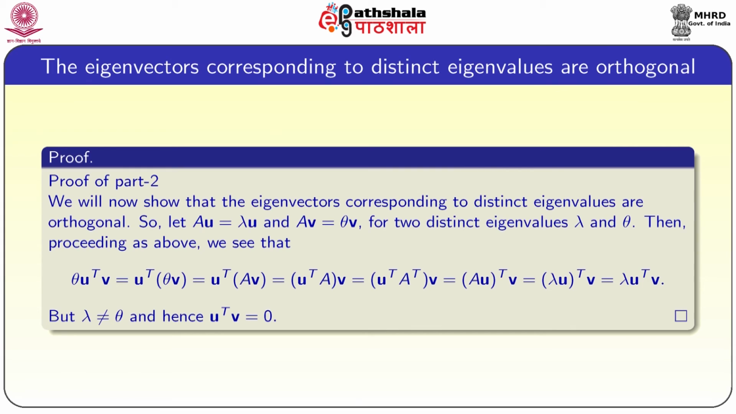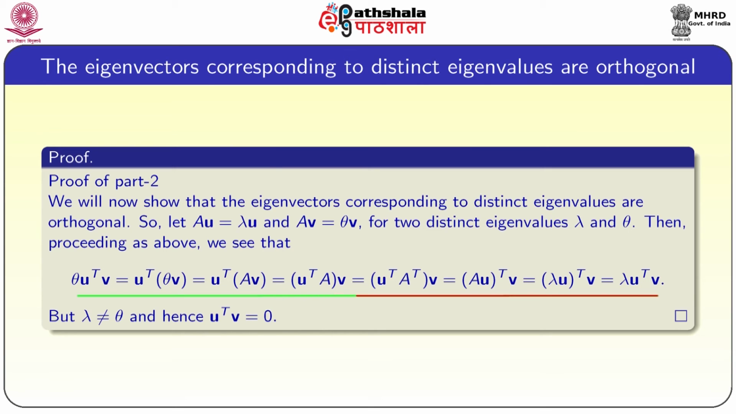Now, eigenvectors corresponding to distinct eigenvalues are orthogonal. So, we will prove part 2. We will show that the eigenvectors corresponding to distinct eigenvalues are orthogonal. So, let Au is equal to lambda u and Av is equal to theta v for two distinct eigenvalues lambda and theta. Then proceeding as above, we see that theta into u transpose v equals u transpose into theta v, which is equal to u transpose into Av,